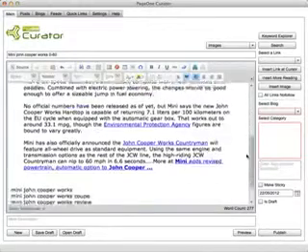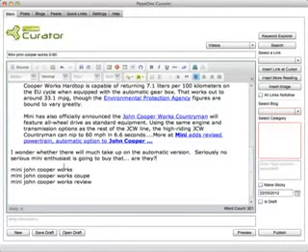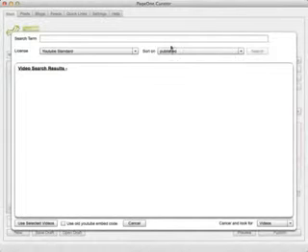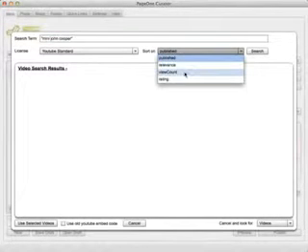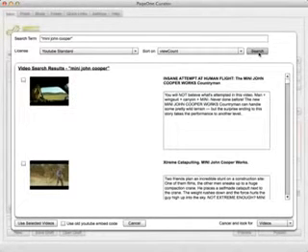Then what I think I'll do is liven it up a bit with a video. So what I'll do is I'll summarize this content here, and let's go and have a look at a video. So I'll just put a closing bit here, and then I'll click search on videos. And what I can do here is I can choose to search YouTube using different sorting categories, either by view count or rating, so that I know that the ones that come at the top are most likely the most interesting ones. And first of all, what comes back is a whole variety of thumbnails, and then if you see something that looks interesting, so this is, for example, an insane attempt at human flight, I can click on it,